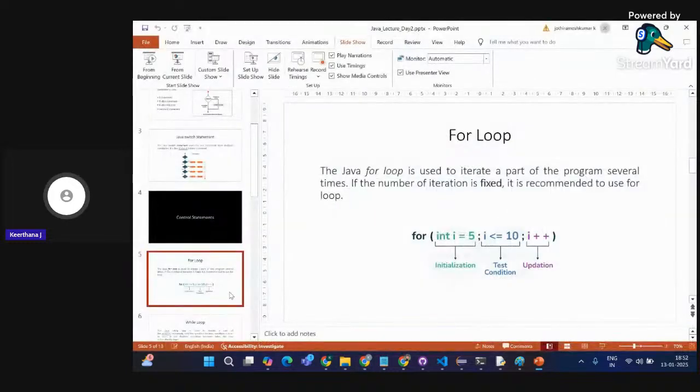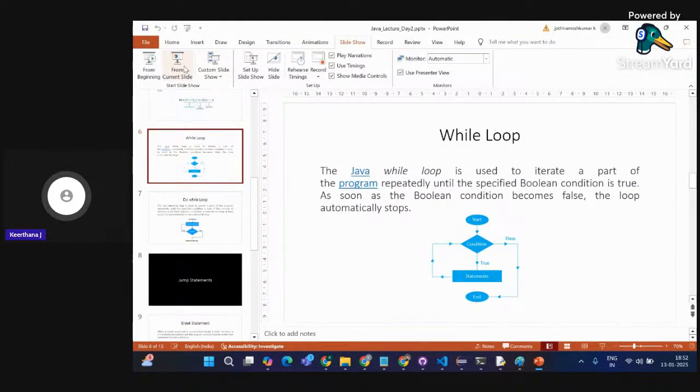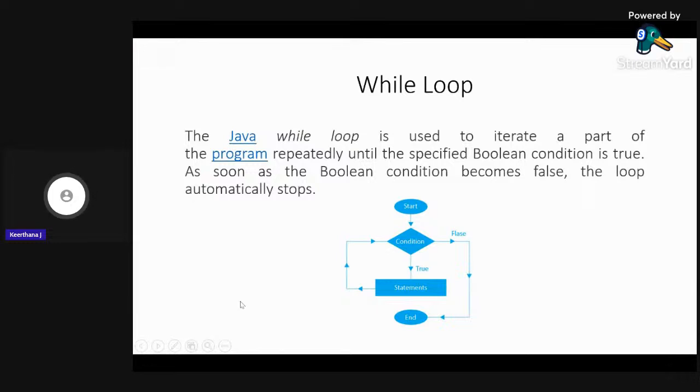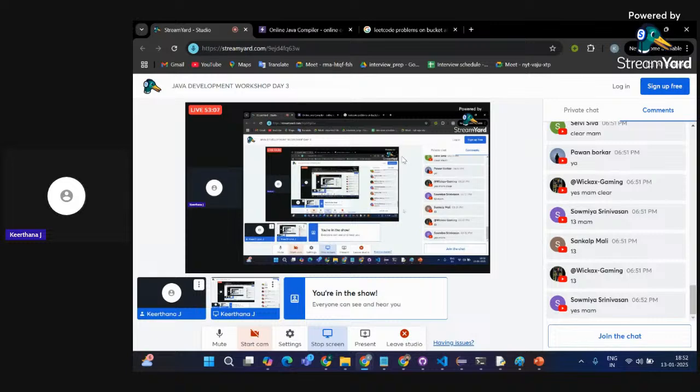Okay. Next thing is while loop. While loop also is the same thing. The purpose is the same. You're going to apply some operation in an iterative manner. But if you don't know how many times your loop must go, if you don't know how many iterations must be done, it's better to go with while loop, because it is also based on a condition only. So you'll be giving some condition. Until that condition is true, the block inside the while loop will be getting executed. Once that condition fails, the loop terminates.